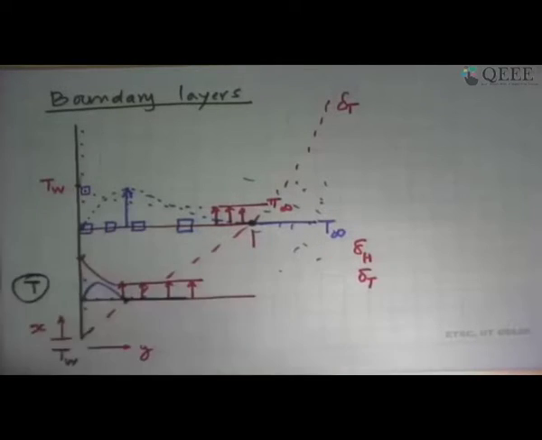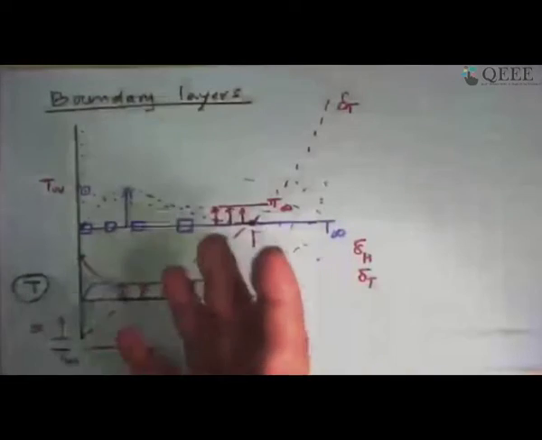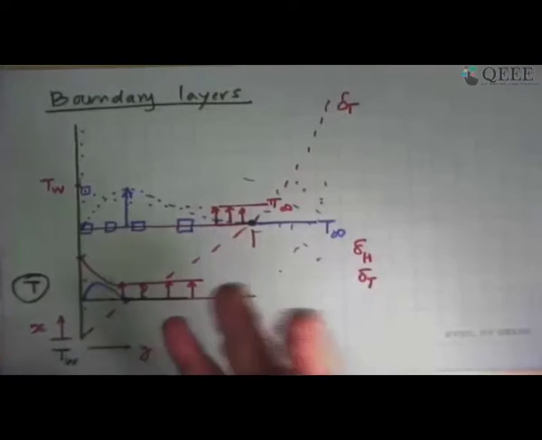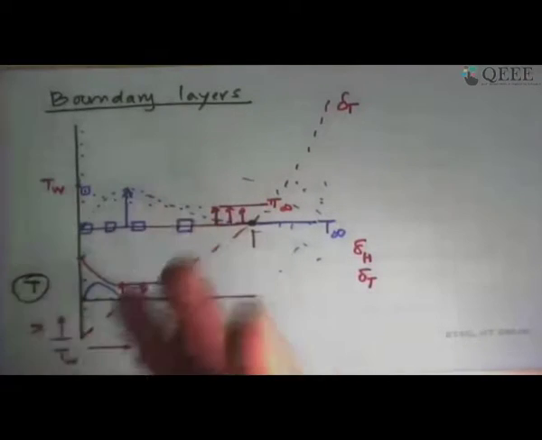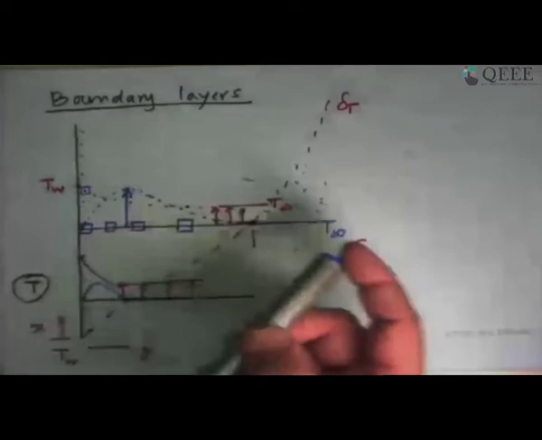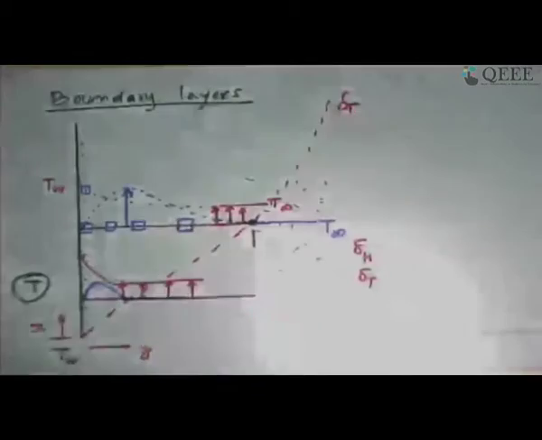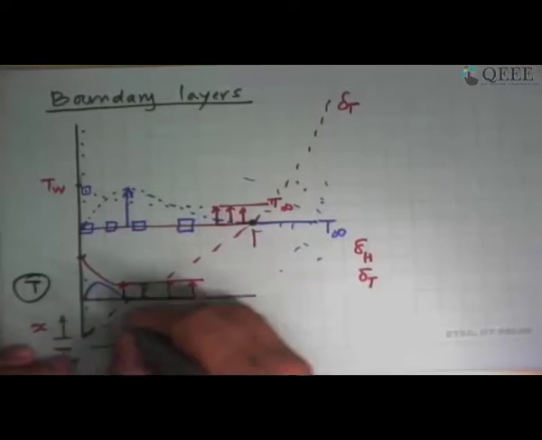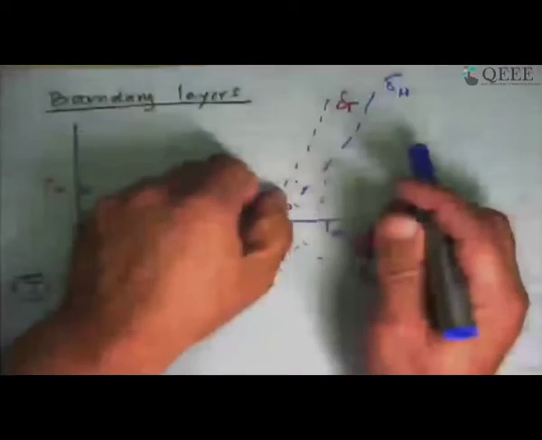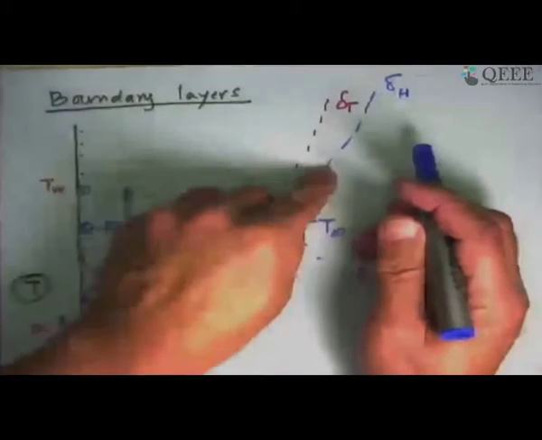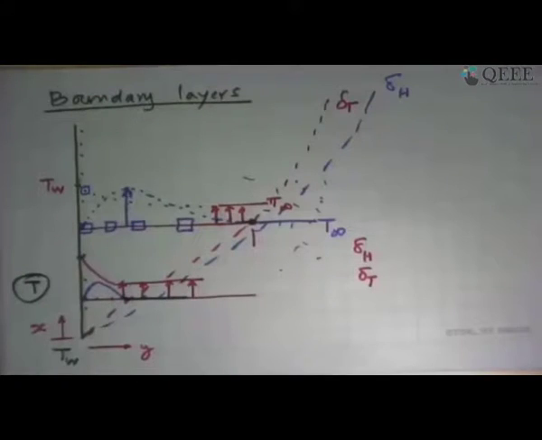And by and large, this will also be the only region which experiences a body force, and so this will be the region where you will also have the flow. So this is in some sense the limit of the hydrodynamic boundary layer also. So just drawing another line, we say this is the hydrodynamic boundary layer. Maybe because of viscous drag, some fluid outside also may be getting pushed up. So this is what the boundary layers are building up in a vertical flat plate.